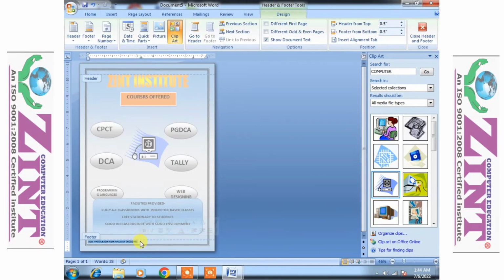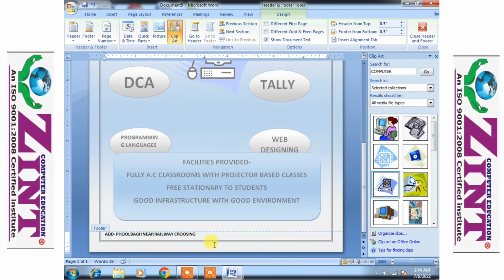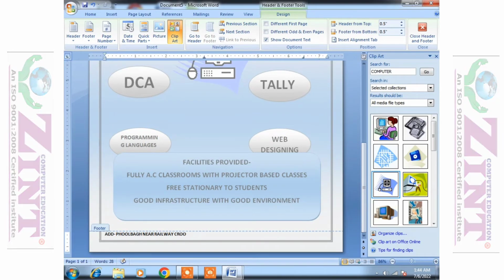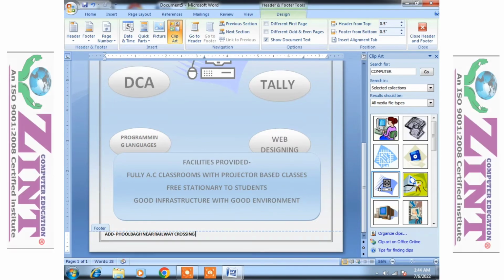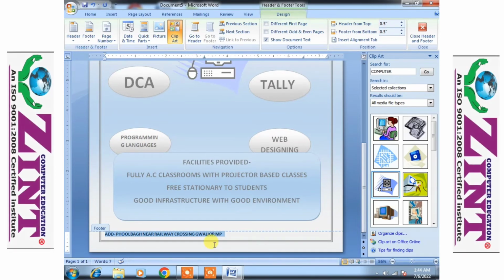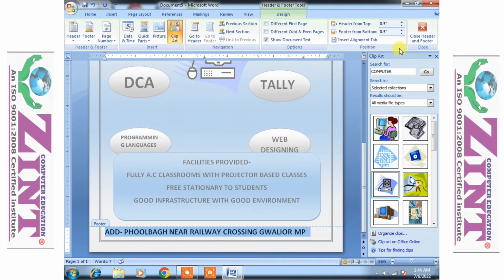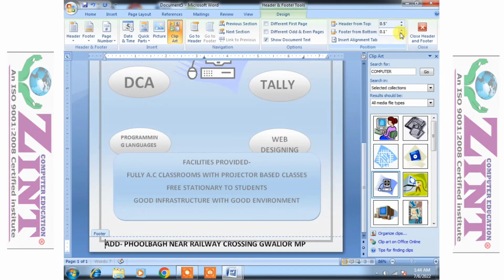The text is hiding behind the box, so I just use the drag and down option, then near railway crossing, Gwalior, using Ctrl A and then increasing the size of the font and selecting the option header from the bottom.